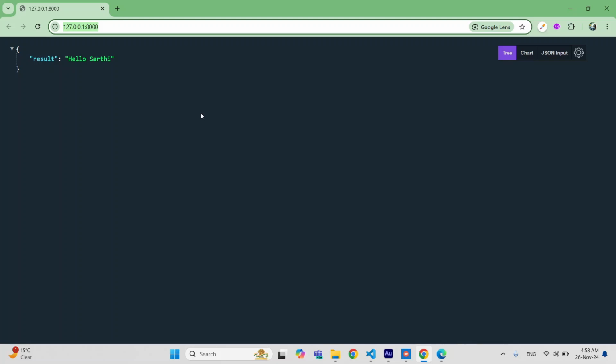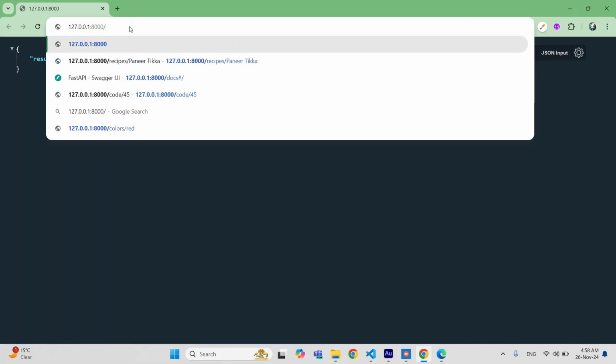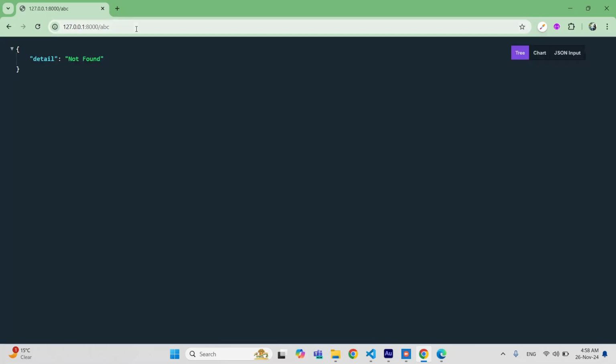now we are talking about path parameter. Path parameter means that after our main domain, if we put a forward slash and write something, for example abc, that means we are passing some parameters in this path, and that's why it is called path parameter. So we will see its use here, but at this time if I press enter, we will get detail not found. Okay,